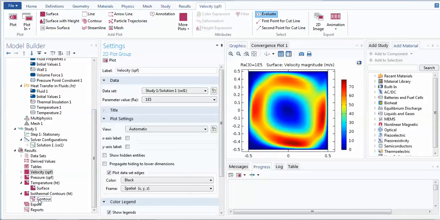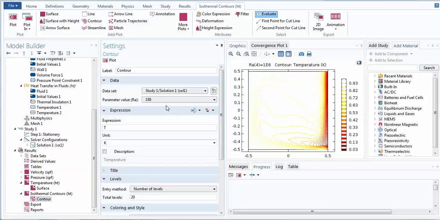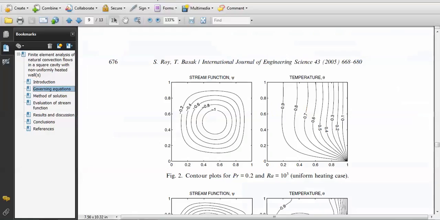And if you wish to see the contour, you have to click here for the contour. You can use this for the parent value, and you can even use the sweep here.